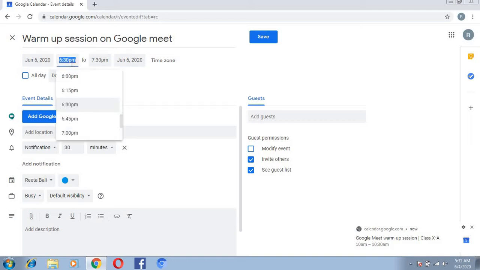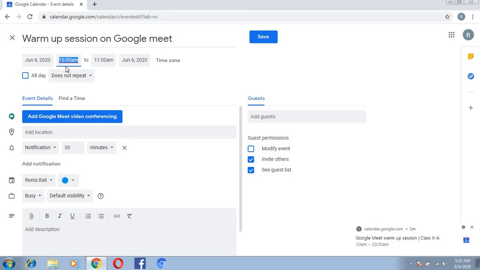So click on the time, then you will see the scroll down button and you can select the time from that. Suppose I am selecting 10 a.m. So the time for my meeting will be 10 a.m. to 11 a.m. on 6th June.